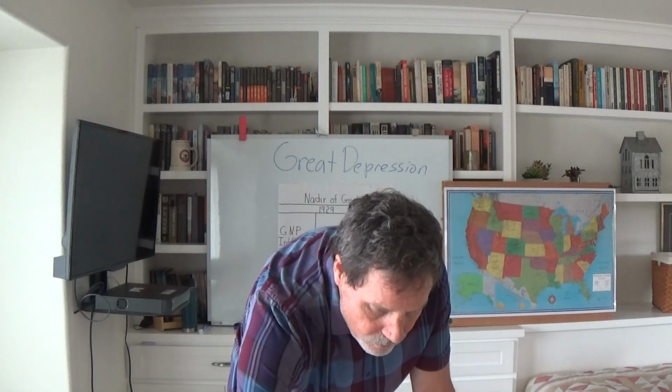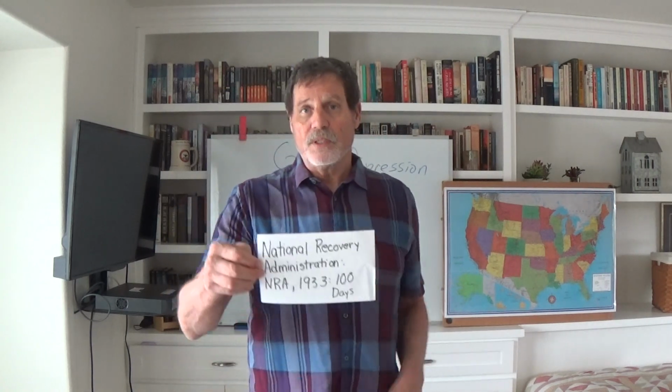Not everything the New Deal did, of course, worked, and that was the point I was trying to make, this hit and miss kind of dynamic. So here was something that really didn't work, called the National Recovery Administration, better known as the NRA. They're always going to use their acronyms, and of course that's not the NRA of today, that's the NRA of the 1930s. It was created and enacted in 1933 as part of the 100 Days legislation. So if you're doing your identification for the 100 Days, you could throw in the NRA. Believe me, the acronym's all I'm looking for right there, okay?